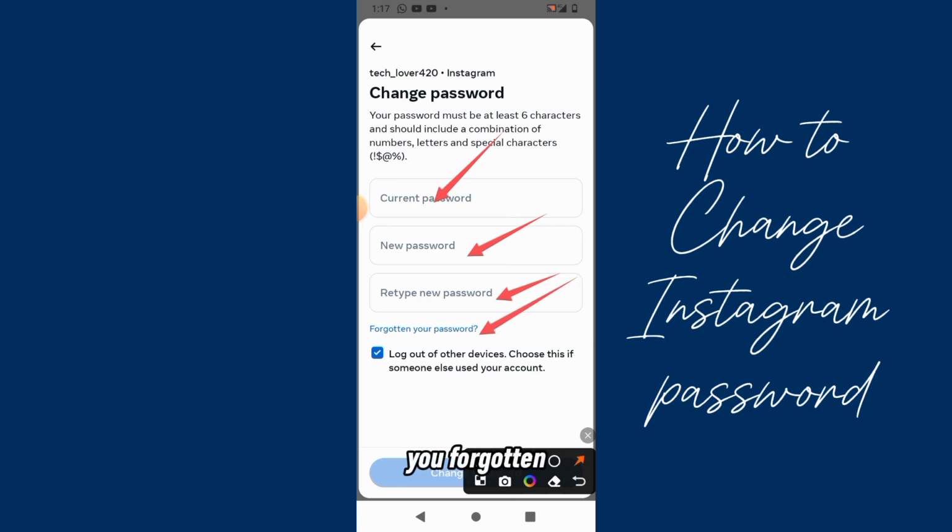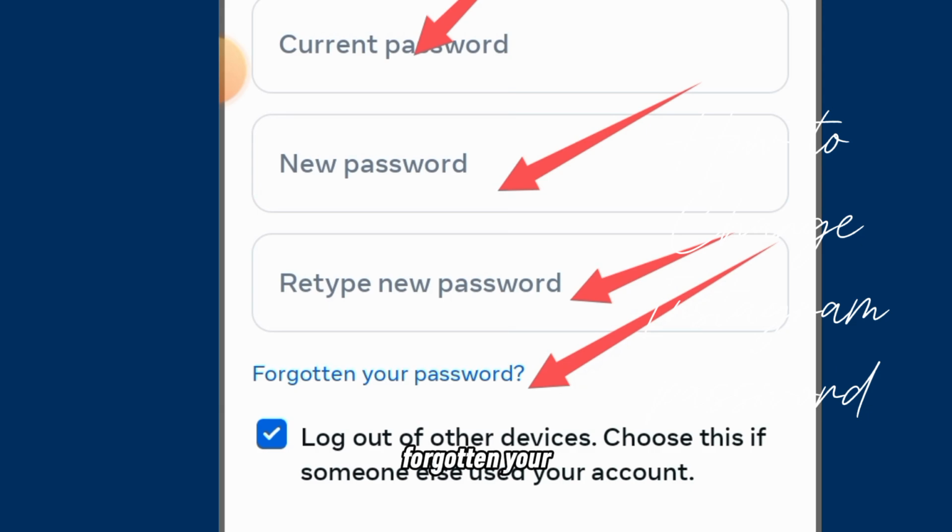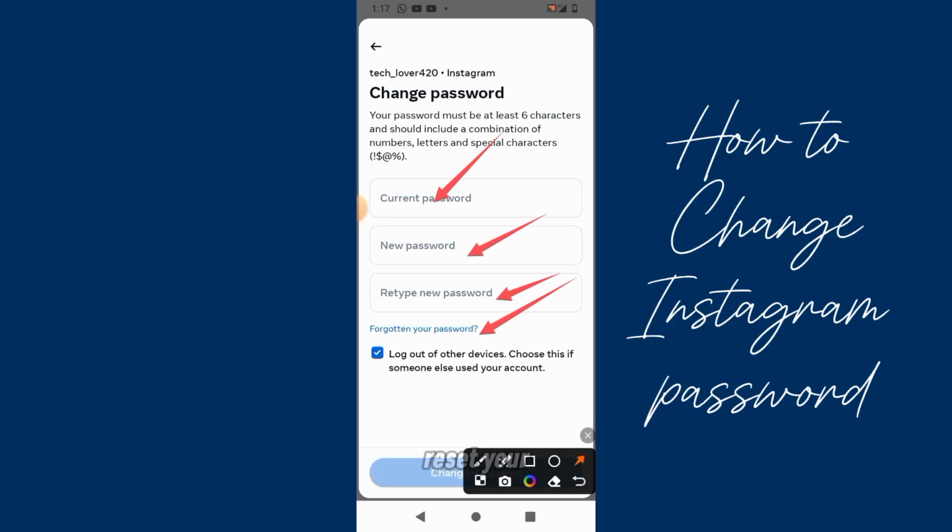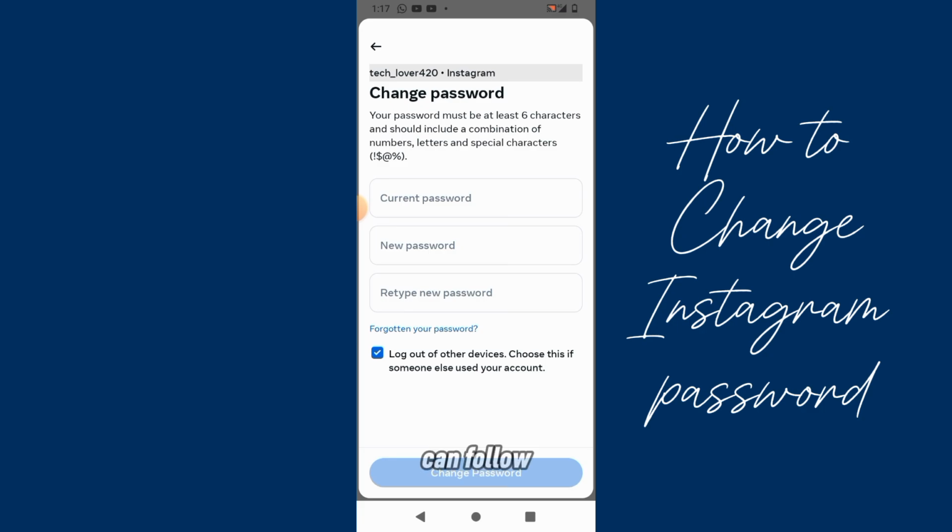If you've forgotten it, click on forgotten your password. You will be sent an email with a link to reset your password, and you can follow it through and